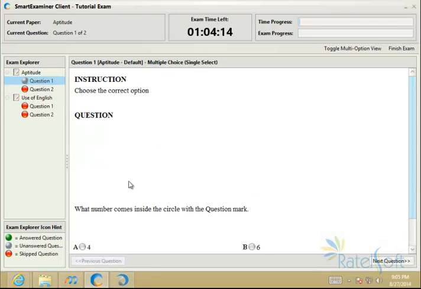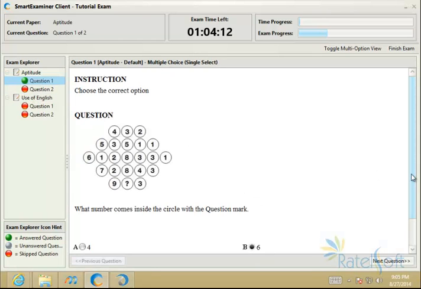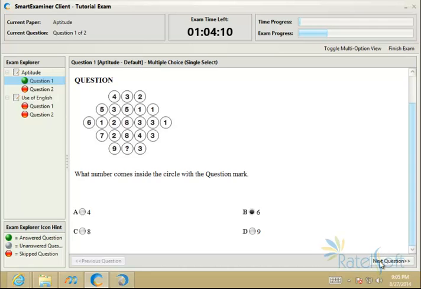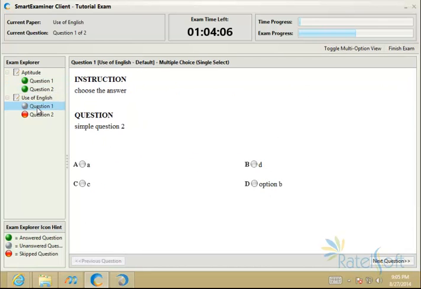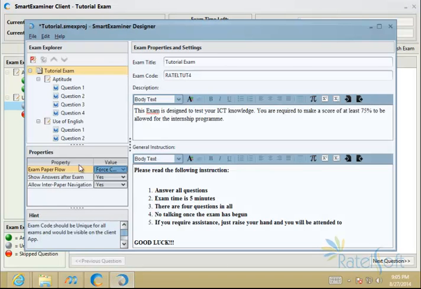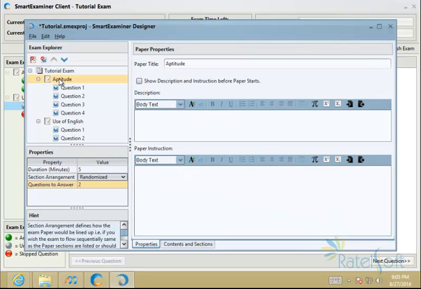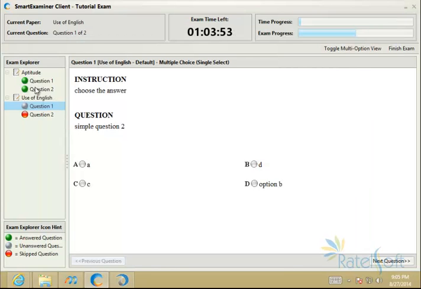So what I'm going to do here is just pick a few answers on this. And if you can remember, we have 4 questions here. That's one thing we're to look out for, but we set the questions to answer to be 2, so it only allowed us to pick 2 questions in here. That's one thing you should remember. I can't remember what I picked as this, but